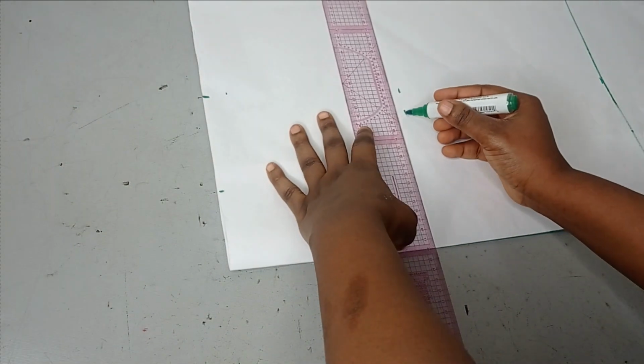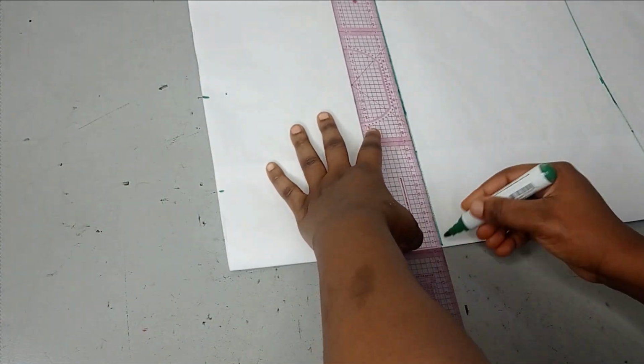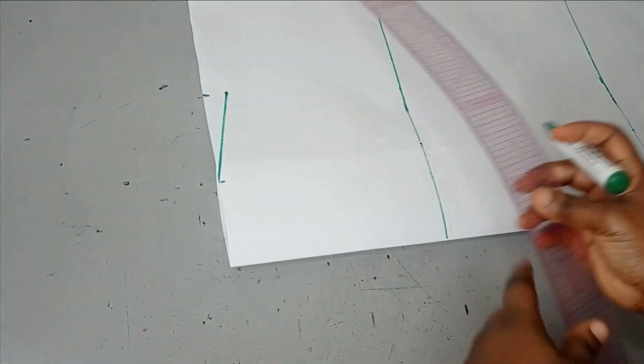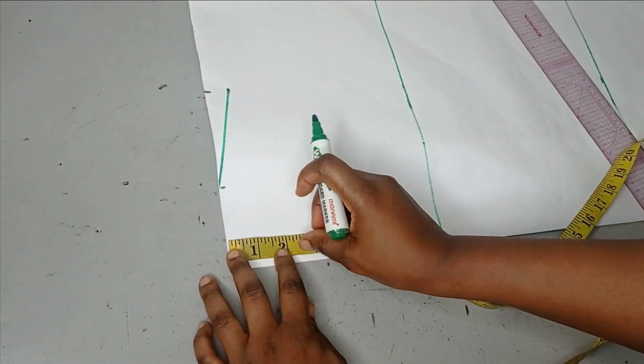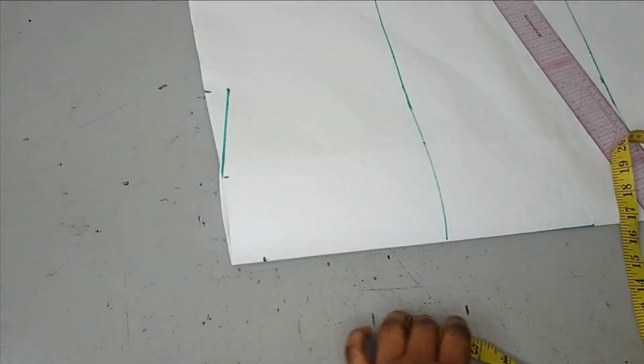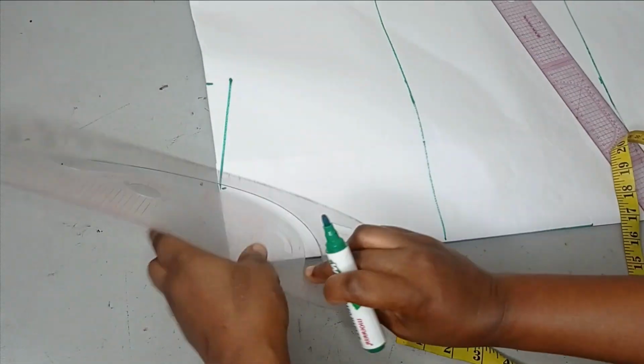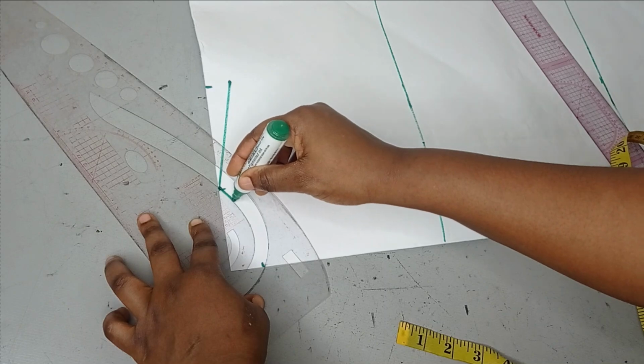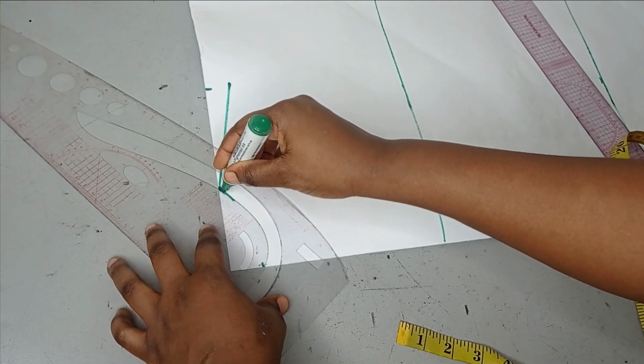Okay, so that is all the measurements that I am going to be working with. I'll just make them into a straight line and we'll get to it. So this is just the regular basic bodice that we draft normally, so there's no big deal to this. So for the back neckline, the back neckline is going to be 1 inch, and then using my curved ruler I'm going to connect that like this. Okay,